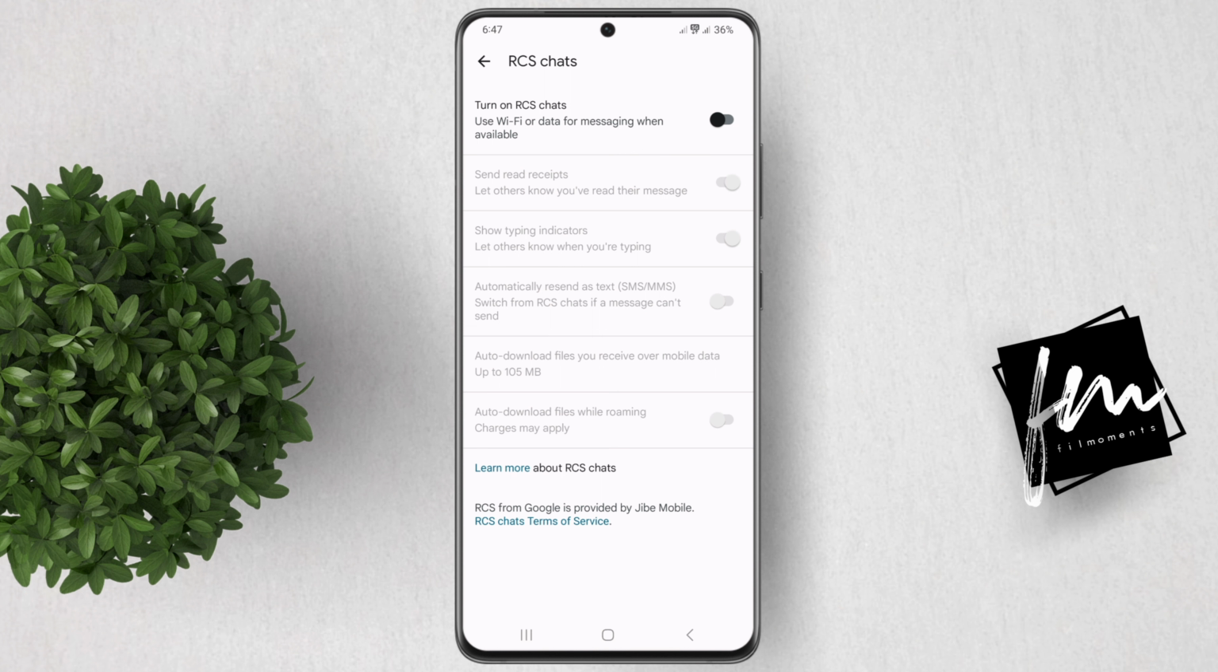You've now successfully turned off RCS messaging on Google Messages. If you ever want to turn it back on, simply follow the same steps and toggle the switch to the